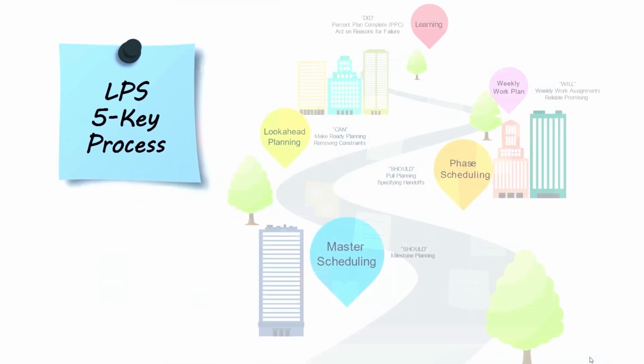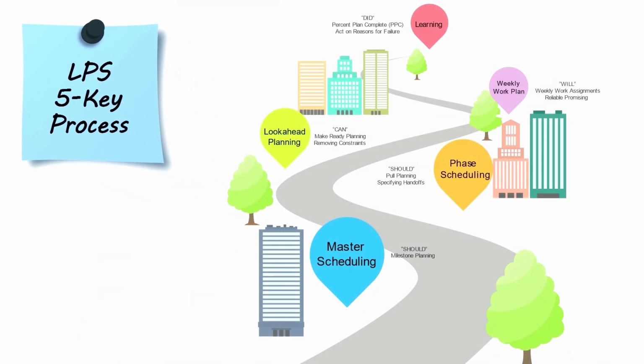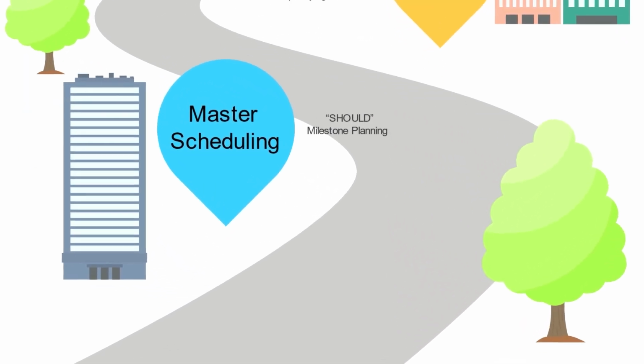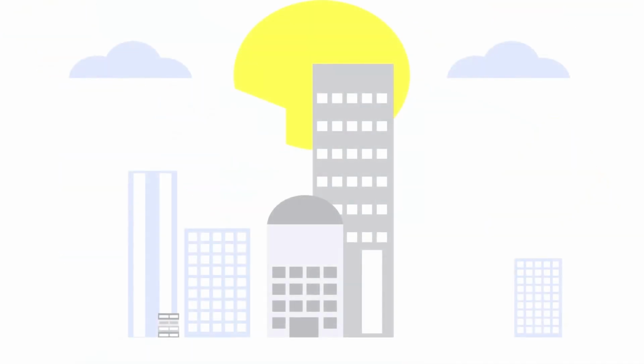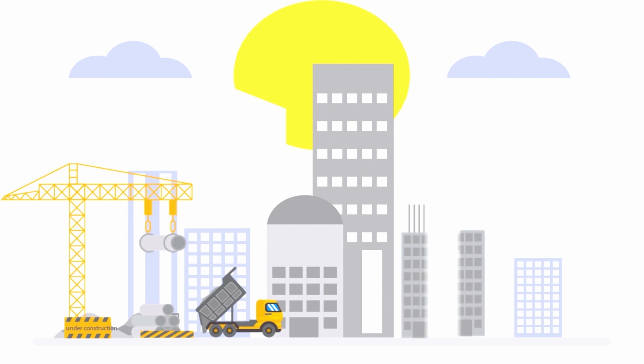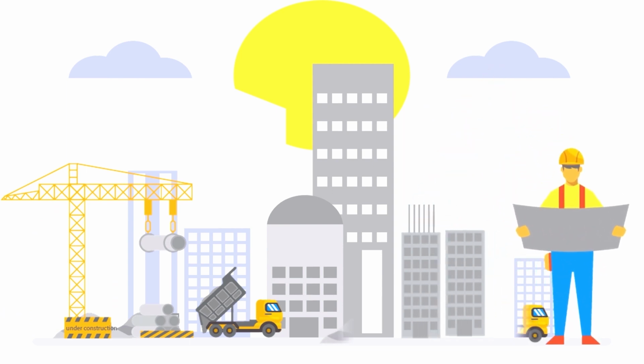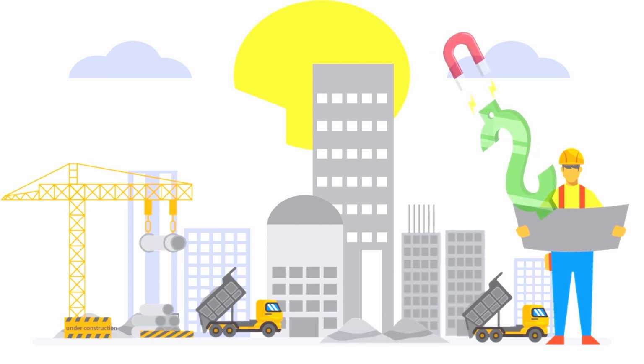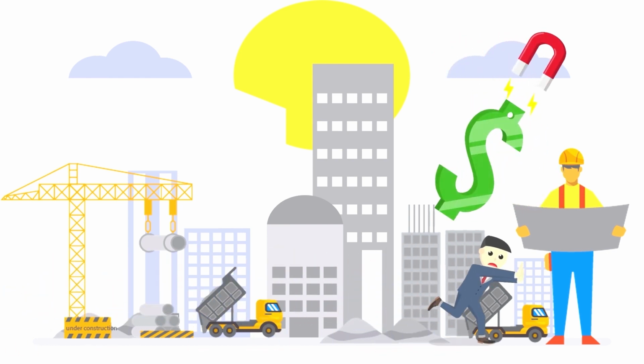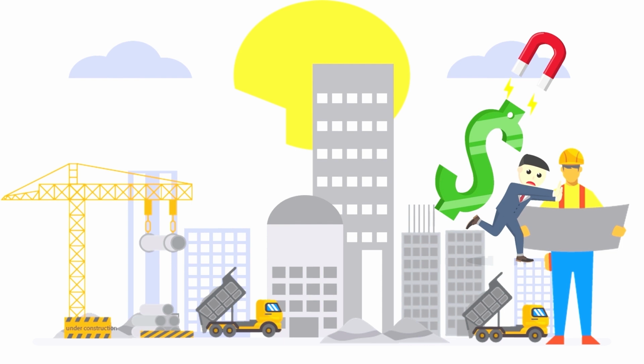The Last Planner System consists of the following: master scheduling, phase scheduling, look-ahead planning, weekly work plan, and learning. Seeing the project on a macro scale is very important, otherwise this could happen: unorganized process and flow, underutilized people, materials and equipment, less value, more cost overruns, delays, and many more. After identifying the constraints and work structure, here comes the first part of the LPS process, the master scheduling.